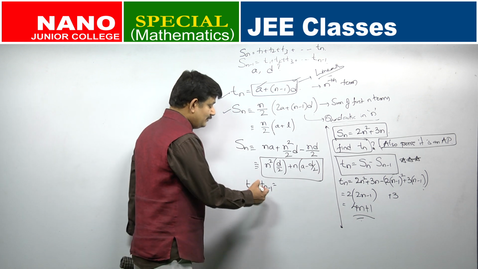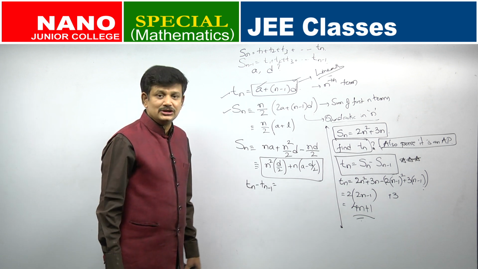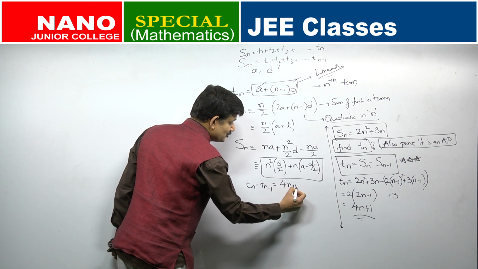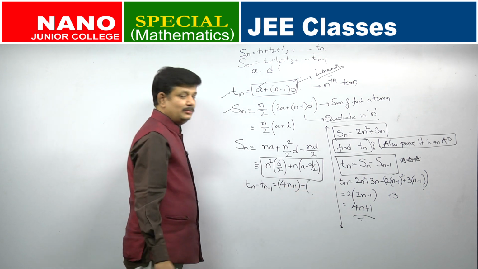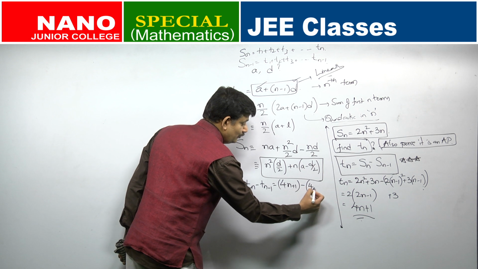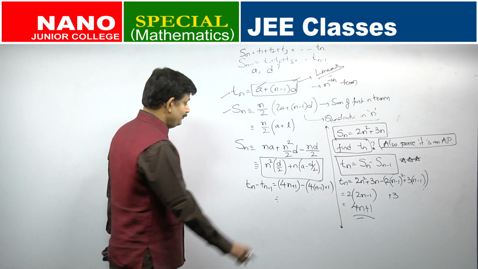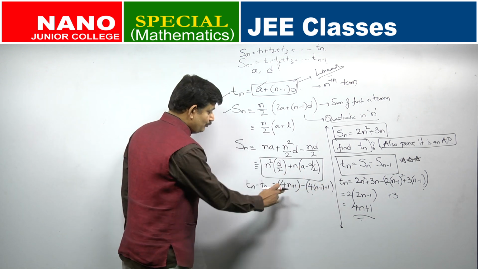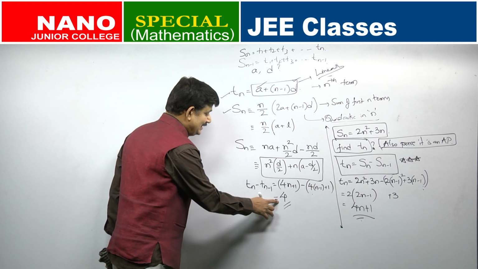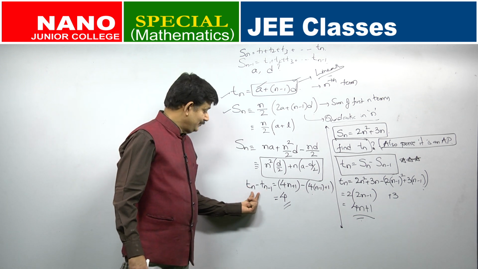It is a progression in which the difference between consecutive terms will be a constant. So, Tn minus Tn minus 1 should come out to be a constant, independent of n. What is Tn? I got it to be 4n plus 1, minus Tn minus 1. Replace n with n minus 1. What do I get? 4 into n minus 1, plus 1. What will this be? 1 minus 1 gets cancelled, 4n minus 4n gets cancelled, you are left with 4. So, this difference is independent of n, it is a constant. So, the difference between two consecutive terms is a constant.